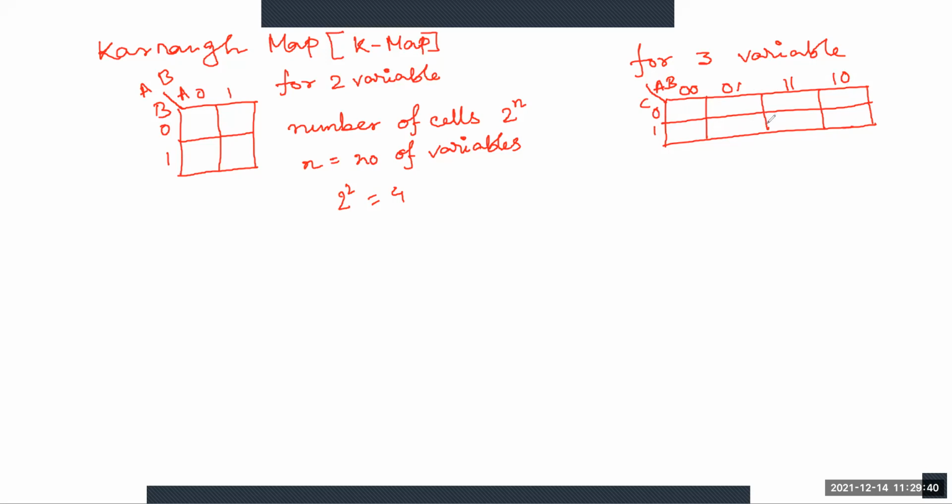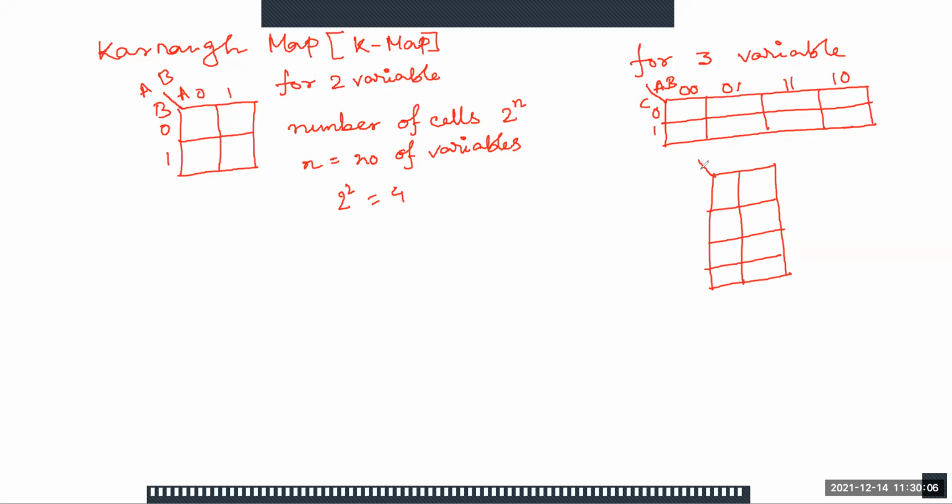Okay, there is one more shape, that is the vertical. For the vertical, suppose here this bar is for variable A and this is BC.